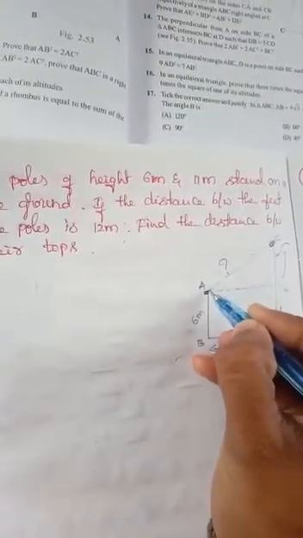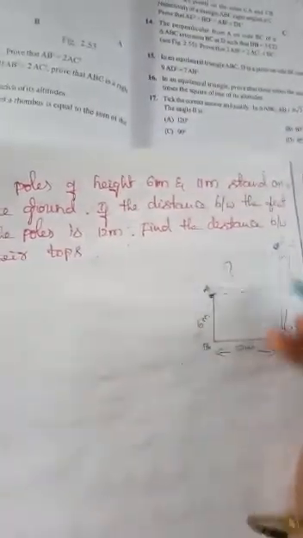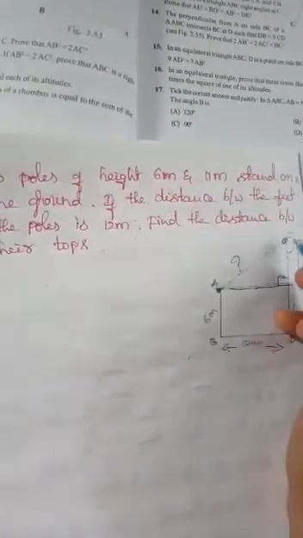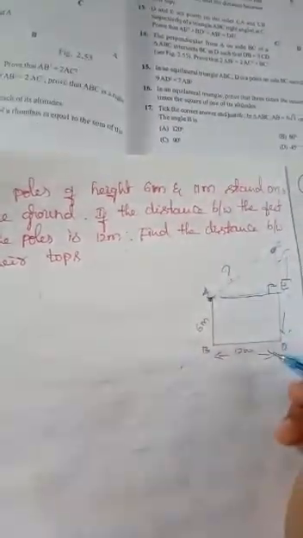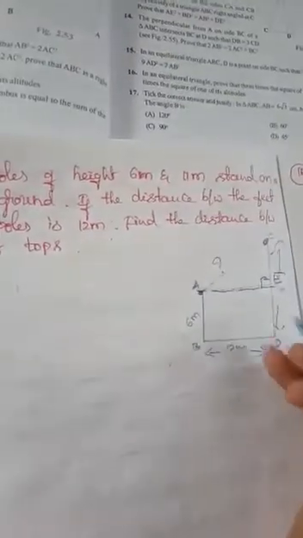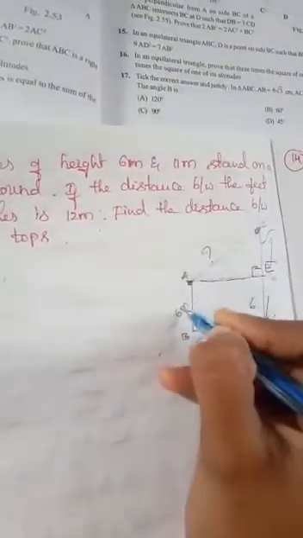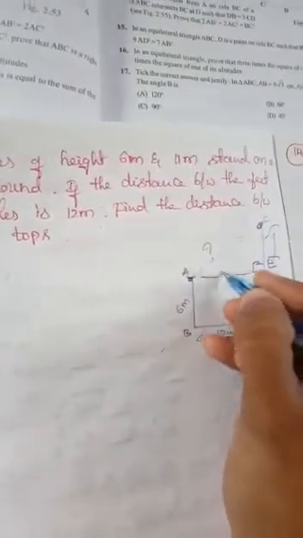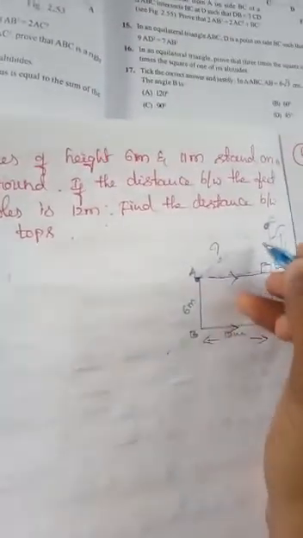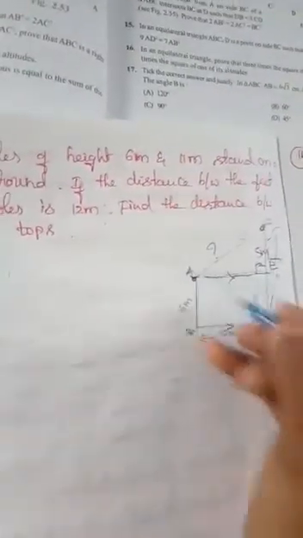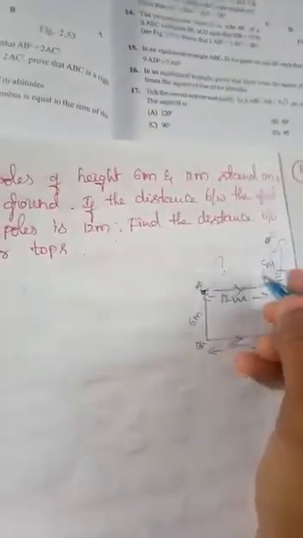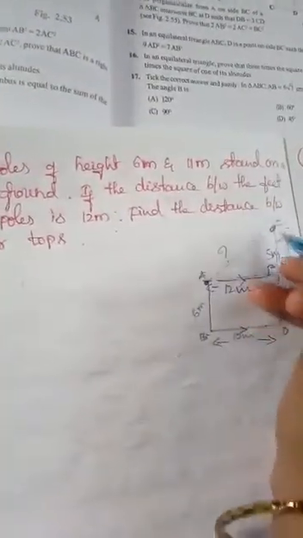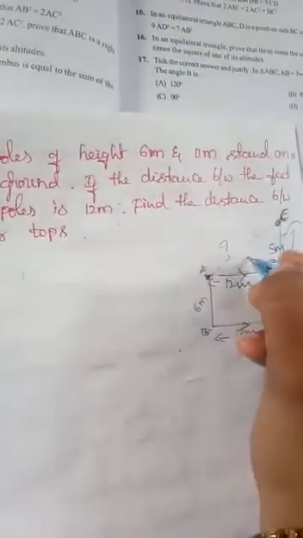We draw a perpendicular line from A to CD. This is the perpendicular line, AE, and this is CE. AE is perpendicular to CD. This is 6 meter, this is 6 meter, and these are parallel to each other. The remaining is 5 meter. This is 12 meter, and this is also 12 meter. Therefore, AE is also 12 meter, and CE is 5 meter. This is a right angle triangle.